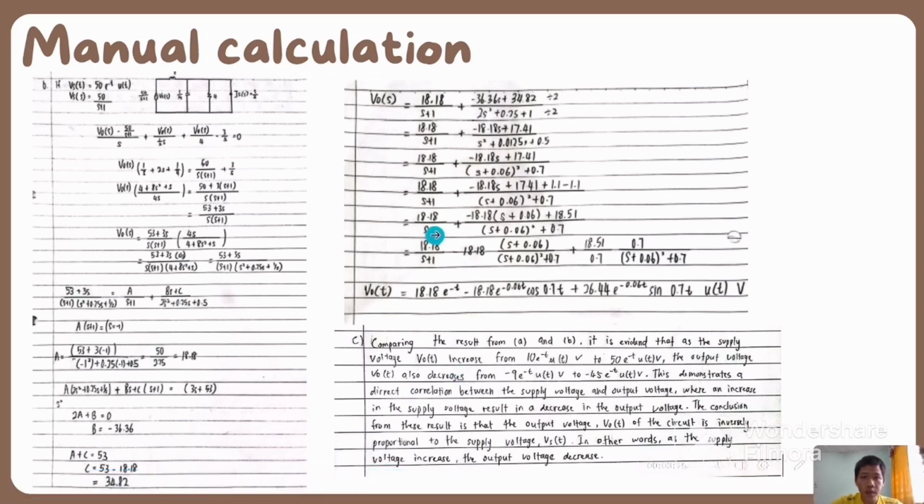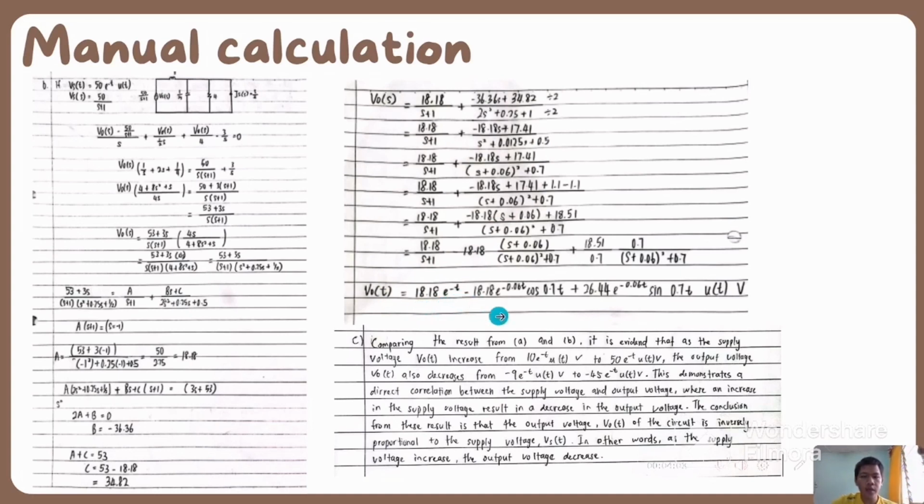Okay, then next for the V naught S, we set the value for the A, B, and C, and then we will get the equation V naught S equals 18.18 over S plus 1 plus negative 36.36 S plus 34.82 over 2S squared plus 0.25 plus 1. And then we equivalent the equation